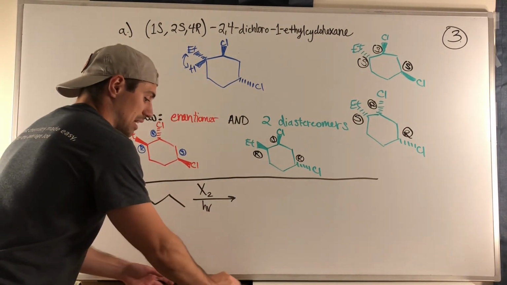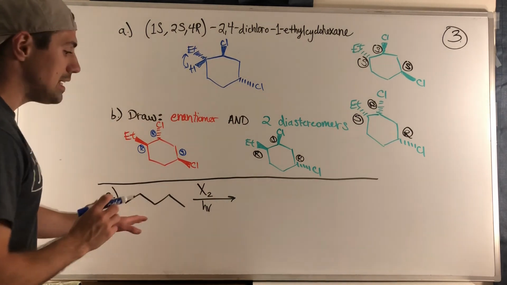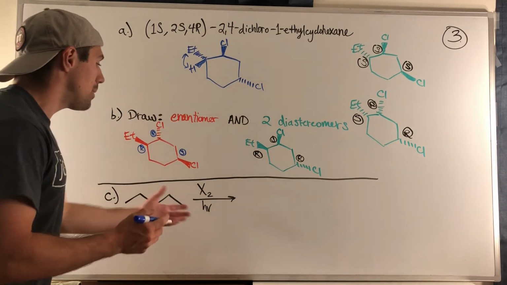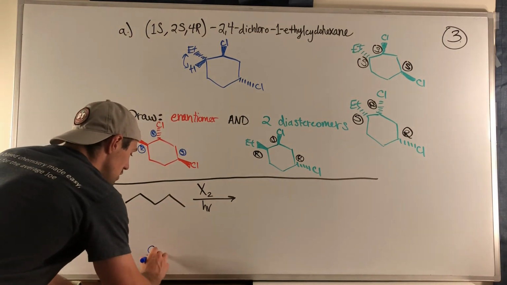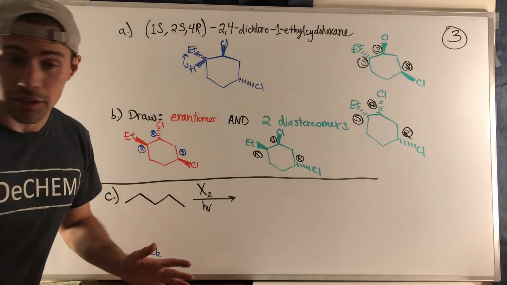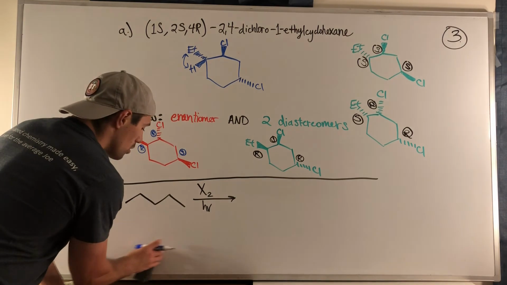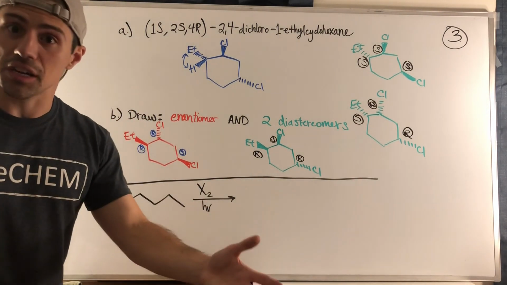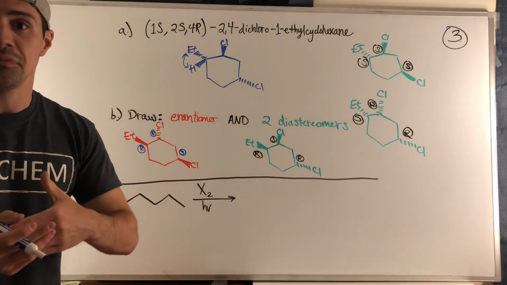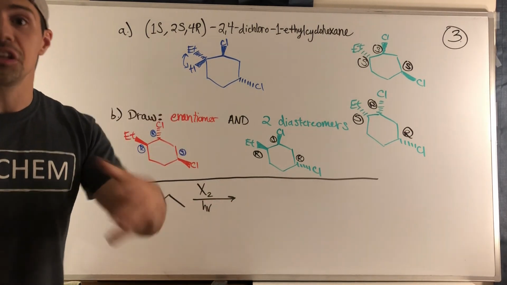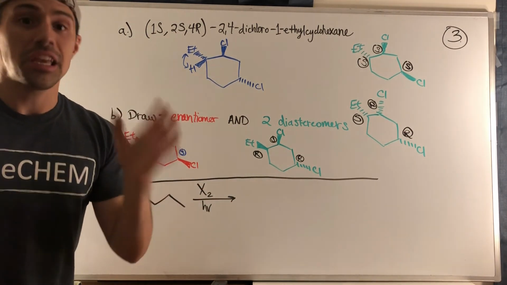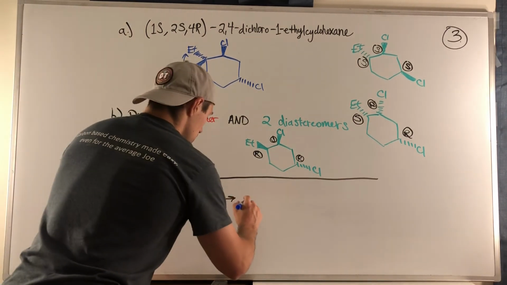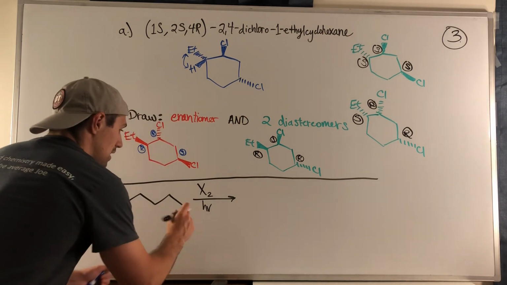So now, last but not least, and I really like this problem, consider this following free radical halogenation, right? We're just going to picture X to be either Cl2 or bromine. It doesn't matter. I am asking for all of the unique products that this can produce. And before stereochemistry, you would have just given me a bunch of structures. You would have avoided duplicates. However, now stereochemistry matters. So what we can do is we could halogenate at this position,